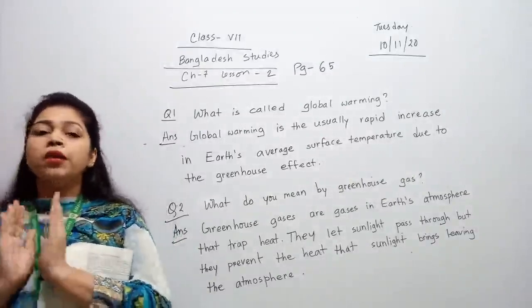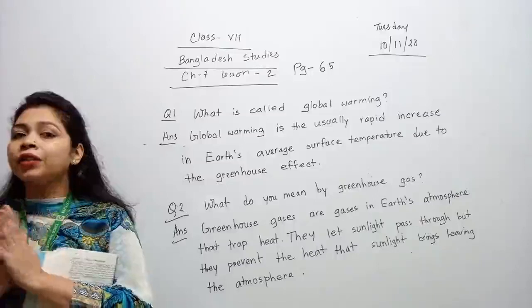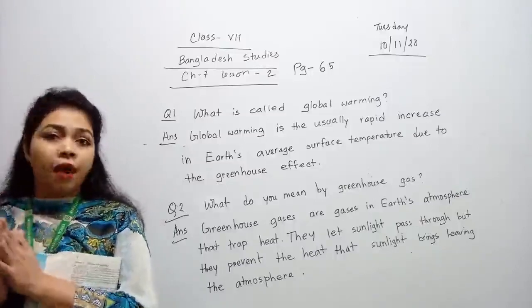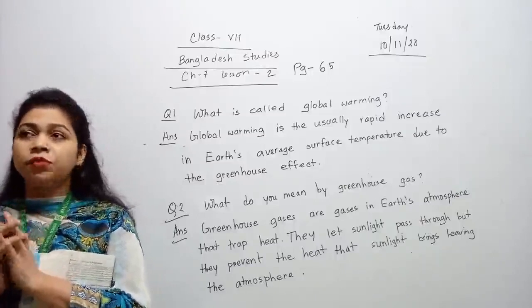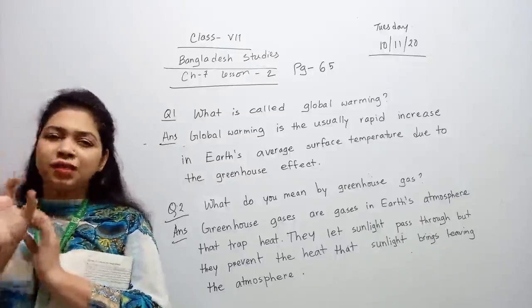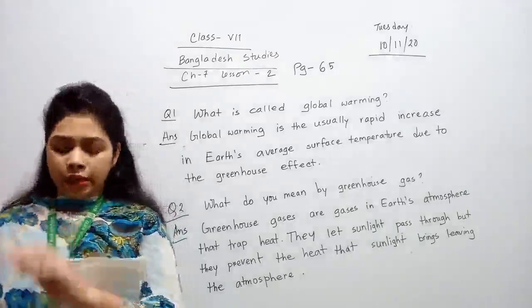That's why, when you are cutting down the trees, you are decreasing the amount of oxygen in the environment. That's why it becomes warmer, and carbon dioxide is a warmer gas. Okay? Then